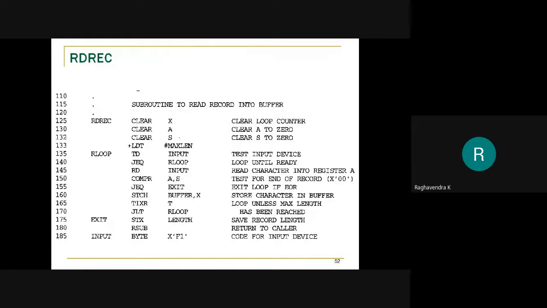Here I have made no changes. Of course, I can make one by changing INPUT BYTE X'F1'. Here TD INPUT is there, so what I can do is simply write this as TD =X'F1'. Now I have defined a literal, so this will not be there now. What that means is I do not need this particular statement defined.